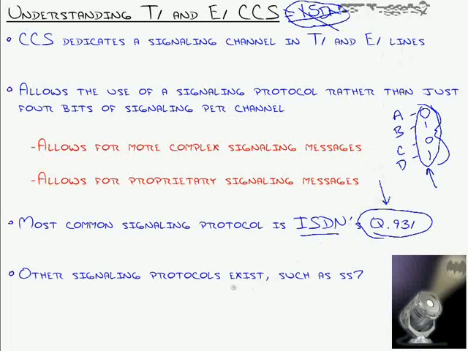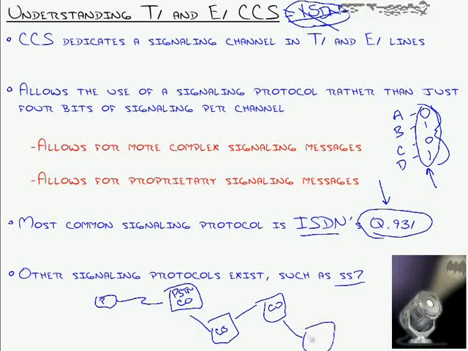But there are other signaling protocols out there. For example, there's one known as SS7. SS7 you can think of as the carrier protocol of the world, meaning I've got all these central offices, right? Here's my PBX system over here, and I connect in to a PSTN central office. And that CO connects to another CO, and that CO connects to another CO, and there's this massive network all around the world of all these carrier central offices connected together through all these trunk lines.